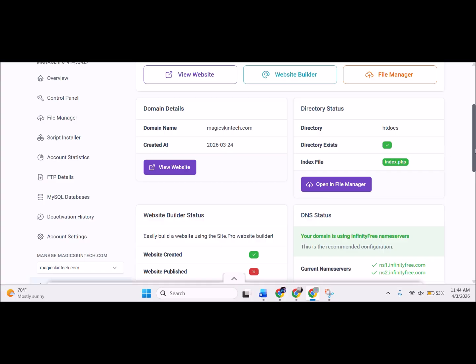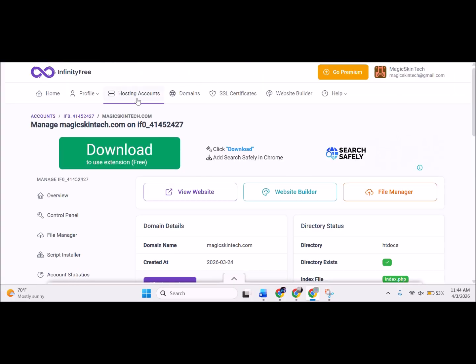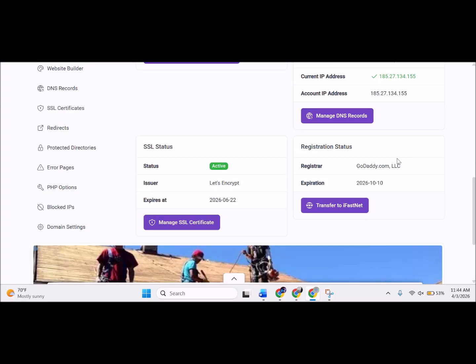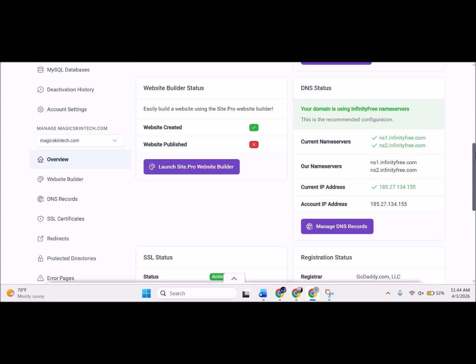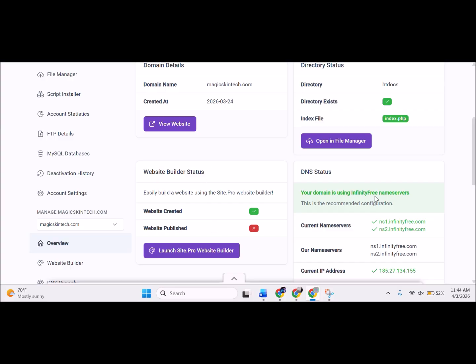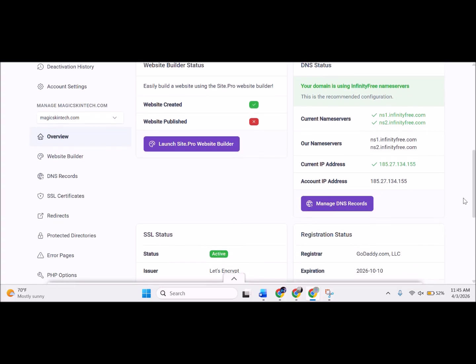But also when I'm on the dashboard over here at the hosting accounts on my Infinity Free site, when I'm looking at this right panel, we've got this as the current IP, current address. It does recognize that GoDaddy is the registration, and it does have a valid SSL status. It's an active certificate. And so things are looking good, at least on this end. You can see over here on the right side, I have the current name servers for